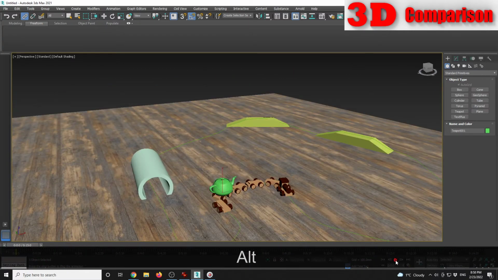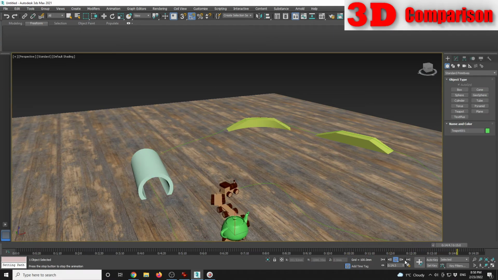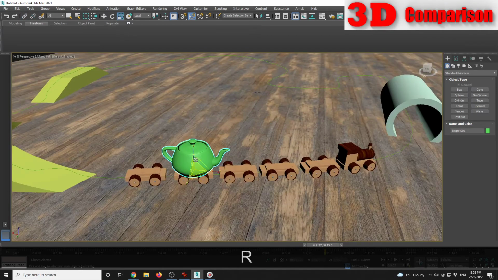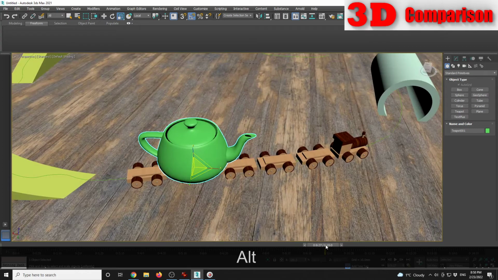Okay, and if you're gonna play the animation, you're gonna see the train carrying the teapot on top of those ramps. We see the moving, the deforming ramp. Okay, so maybe somewhere over here I'm gonna make the pot way bigger, so something like this,